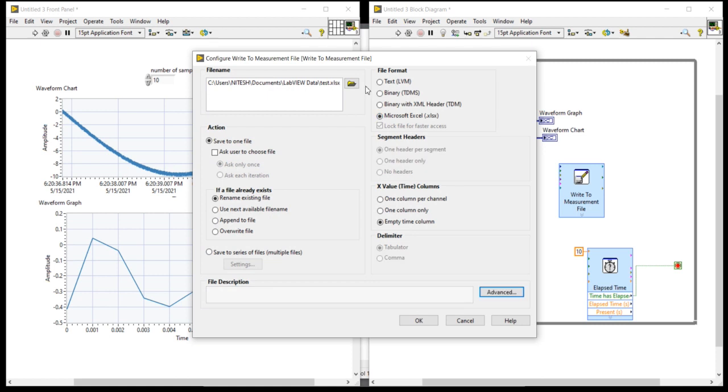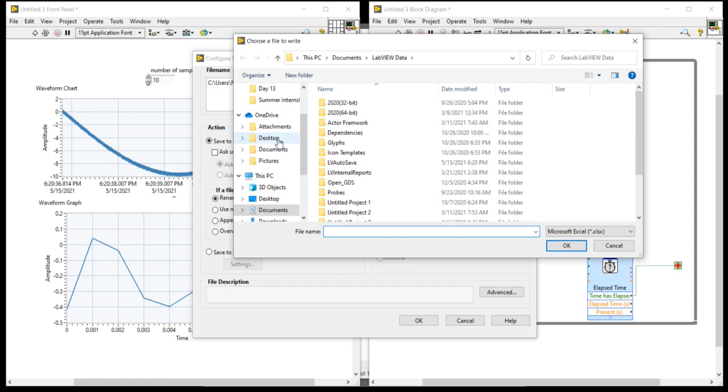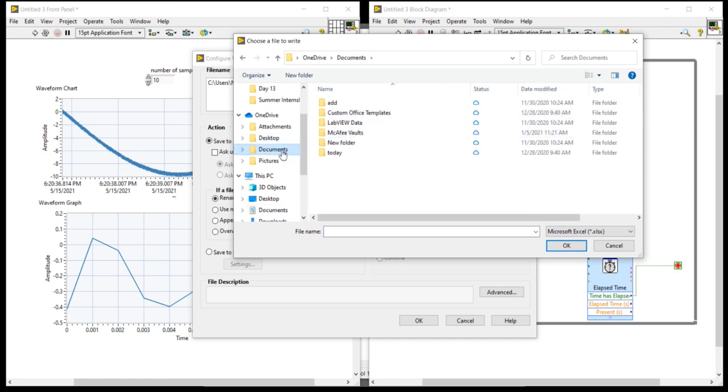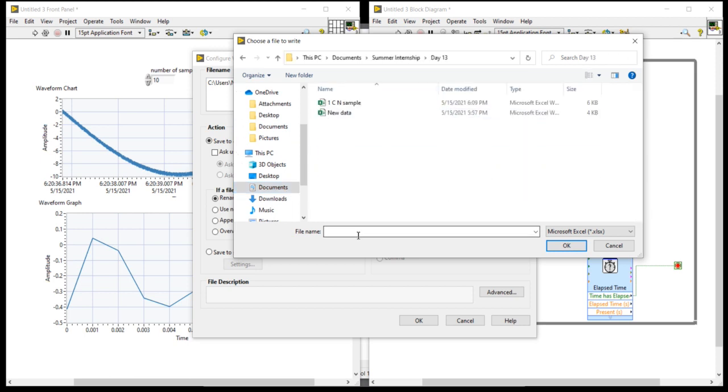Same here, I will select one channel, continuous samples.